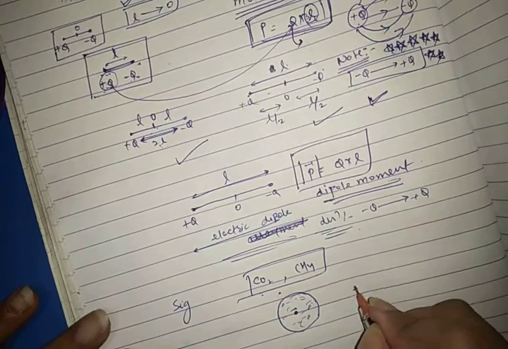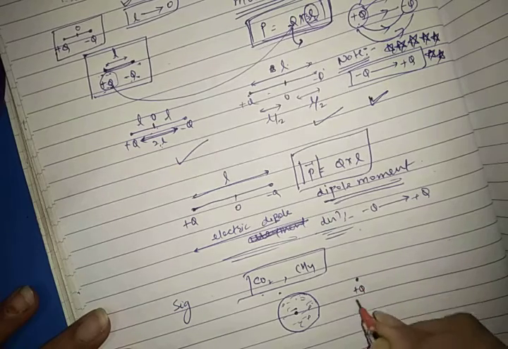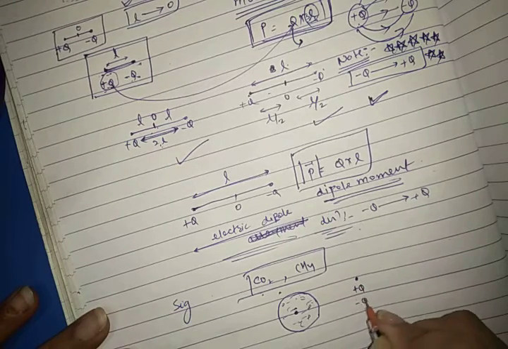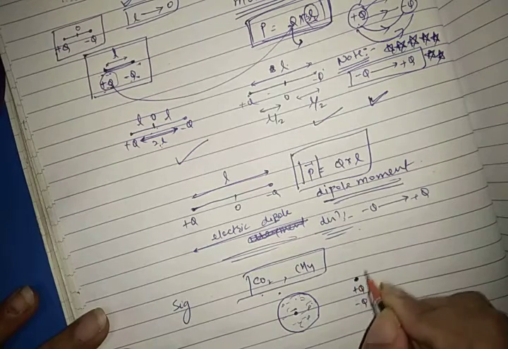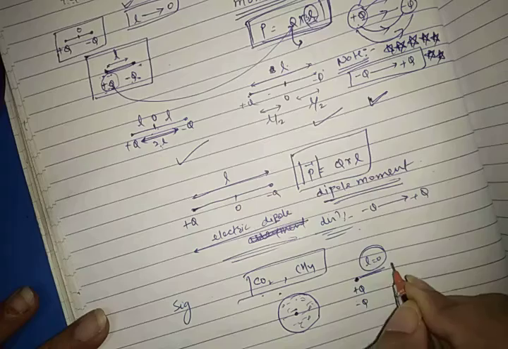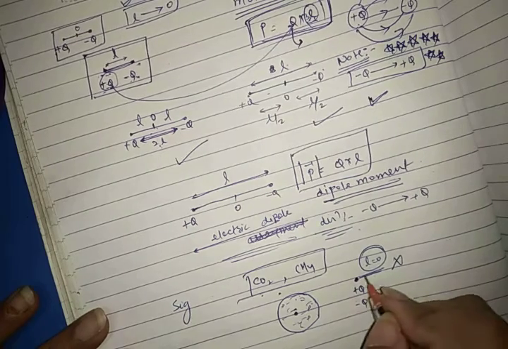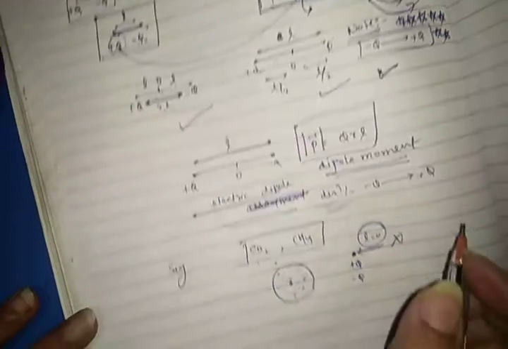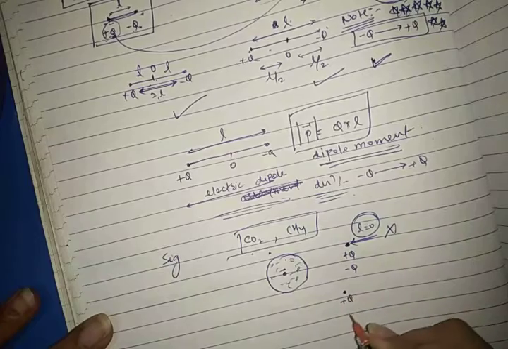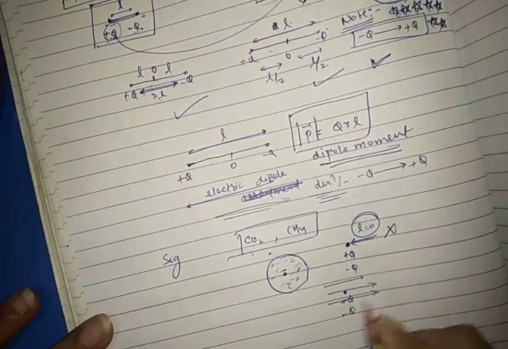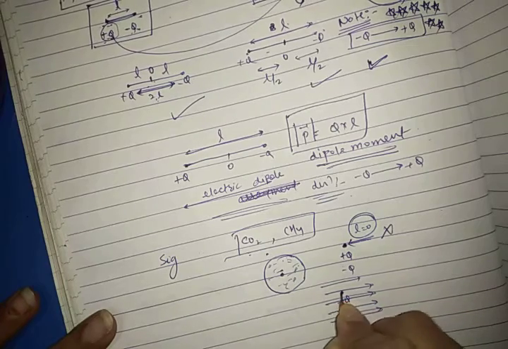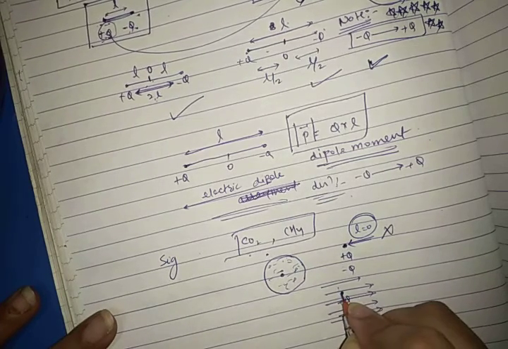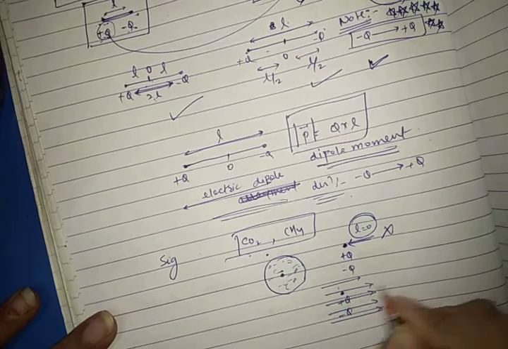Coincide with each other means if the center of the plus q charge is here, and the center of all the negative charges is also here, then the distance between these two charges is L equals 0. So is there any dipole moment? No, because there is no electric dipole arrangement. But what if we place this arrangement in some external electric field? Then the center of all the positive charges and all the negative charges will displace by some extent, but this displacement is very, very small.